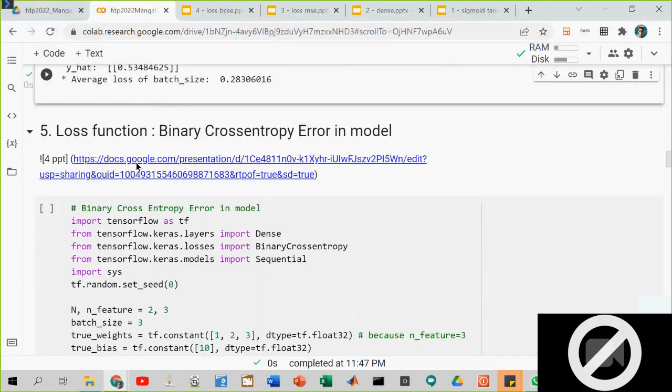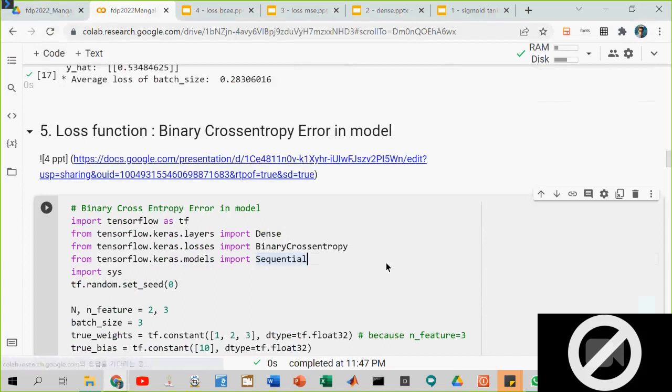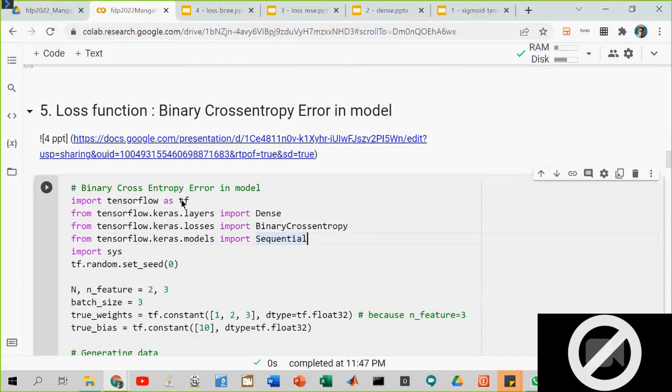Now the loss function, binary cross entropy, here. For this we can use